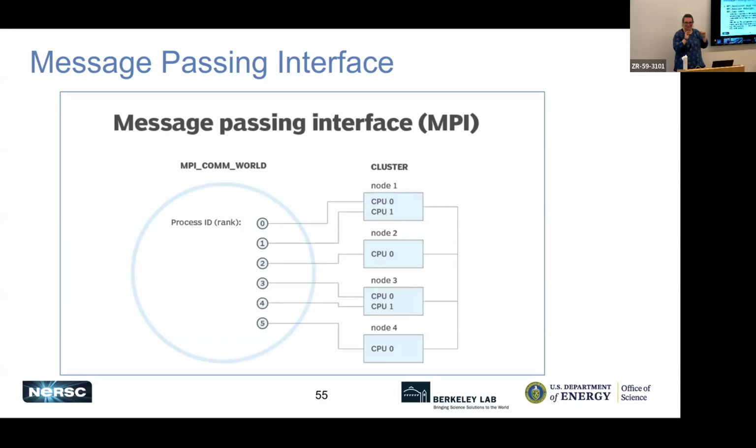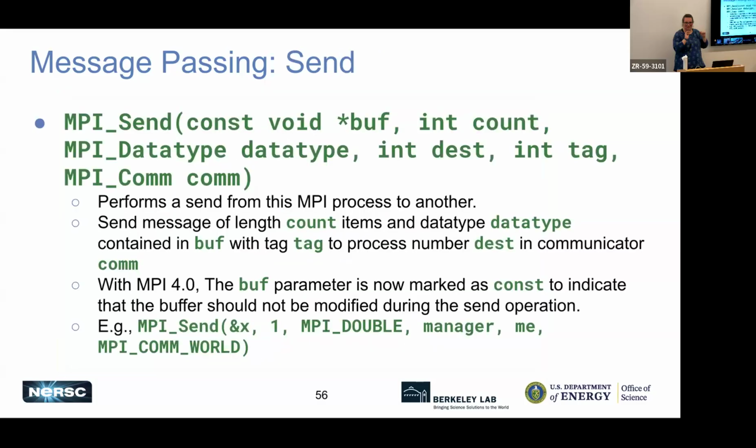You can make a sub-communicator where it's only the even numbered processes or only the odd numbered processes, or whatever you want. You could make a sub-communicator. We're not going to really talk about that today. Okay, so